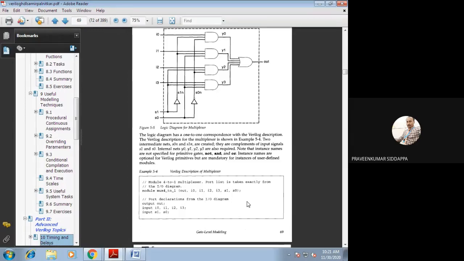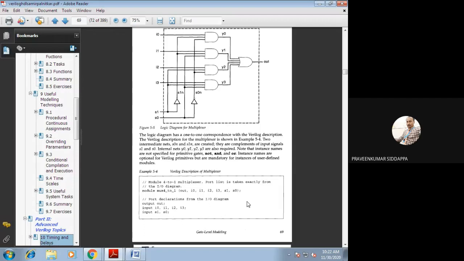No need to write the comments for all the programs. If you write the comments on your answer paper, then you have copy pasted the whole program from Samir Palnitkar, so you have mugged up that program. Is it clear? So don't write the comments for all the programs. Directly write the programs. Only the program we should write. First I will write the program, then I will explain the program.